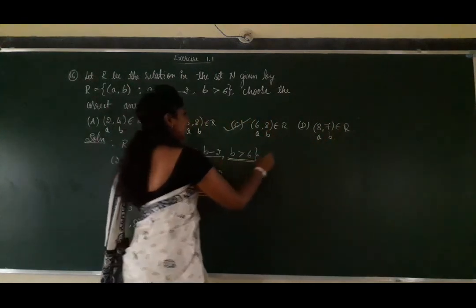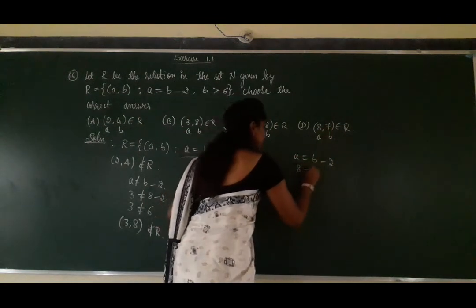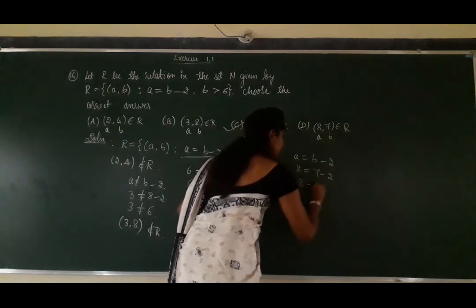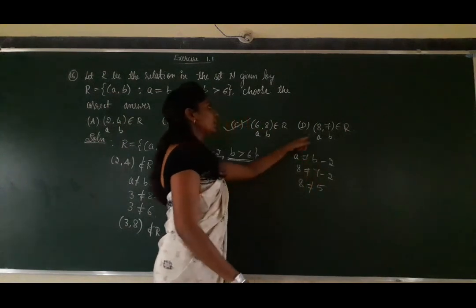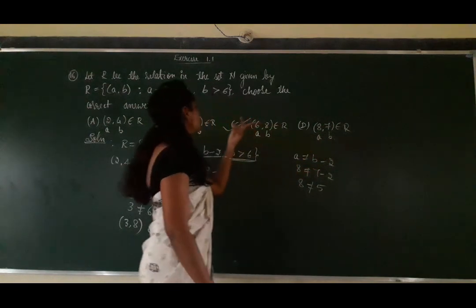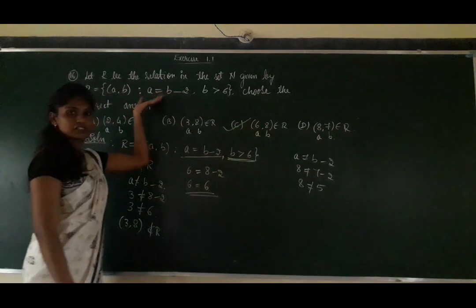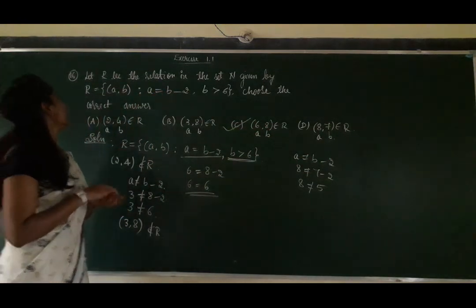Substitute A is equal to B minus 2. A value is 8, which should equal B value 7 minus 2, which is 5. So 8 is not equal to 5. That's why ordered pair (8, 7) does not belong to R. So option C is the only answer for the given question. Is it clear? Today I have completed the